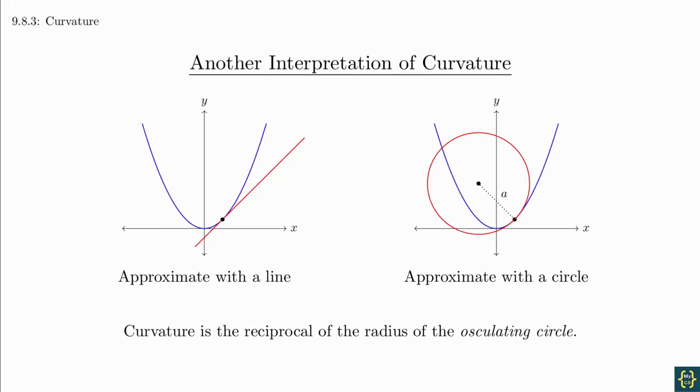The circle will have the property that at the point of tangency it shares the same slope and also has the same curvature. Arc length and curvature both have numerous applications. For example, on a roller coaster, knowing the curvature of a turn will allow you to calculate the acceleration that